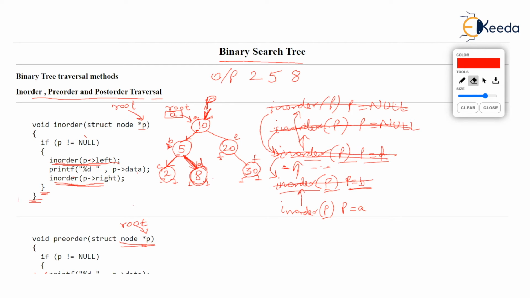Okay. Now, if in order P with P at B ends, obviously in order P with P at A resumes. See, in order 5 has been over. So we are back at in order A, where P was pointing to A. Long time back, 25 minutes back, we started from here. I repeat, I would salute your patience if you are genuinely listening.